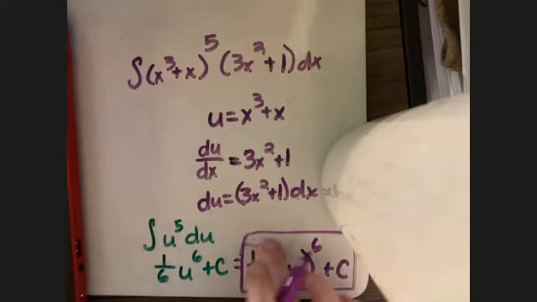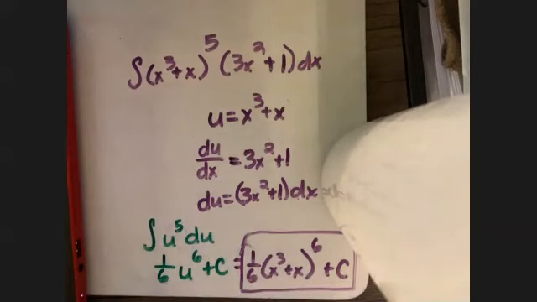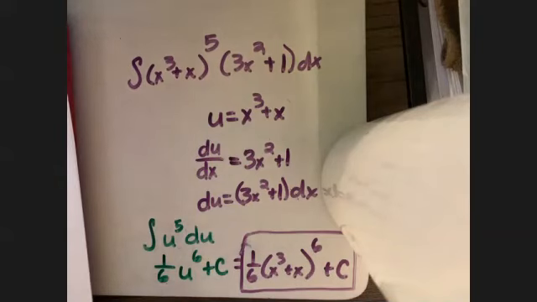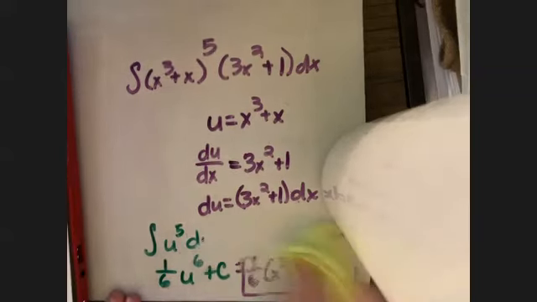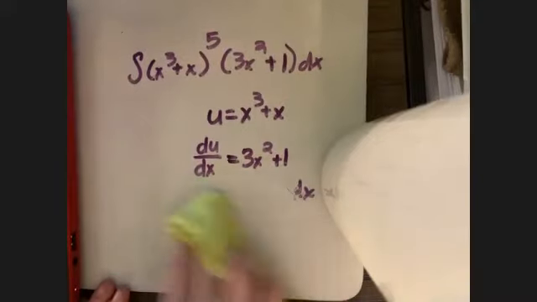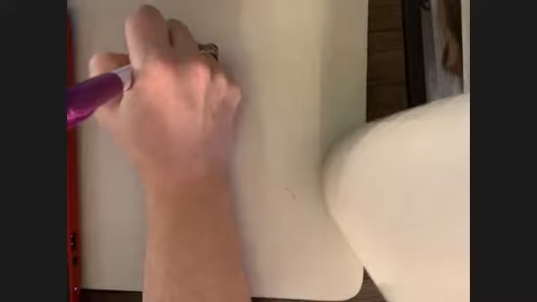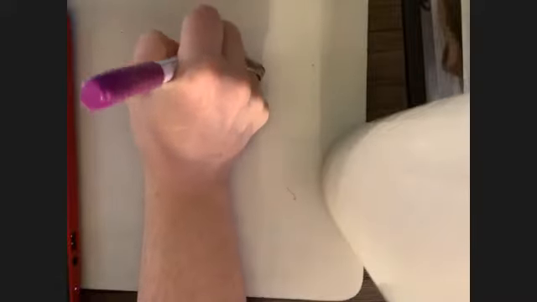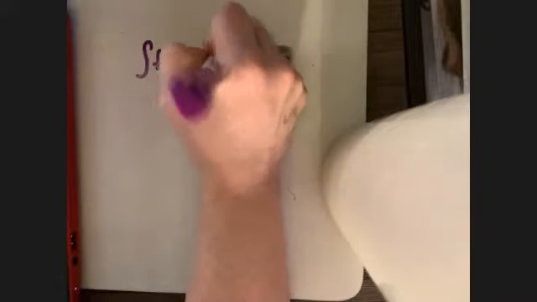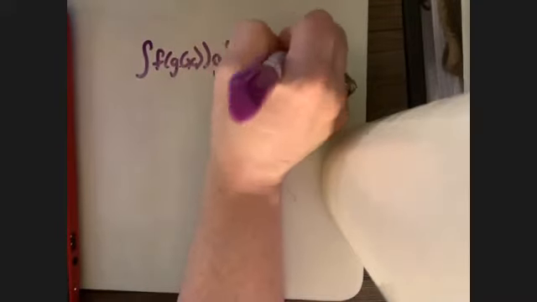Now, the part that's going to be challenging is making sure, okay, that we see and recognize what we have the derivative of, and then make sure that we do the appropriate replacement, okay? So let's take a look at another one, or actually I'm going to take a look at the rule here, okay? So if you have the integral of f of g of x with g prime of x dx, okay,